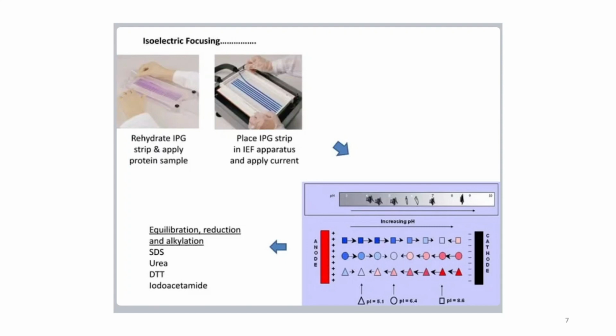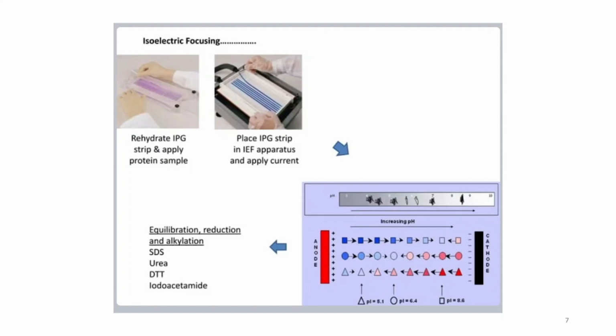So the isoelectric point is basically defined as the pH of the solution at which the net charge of the protein becomes zero. A protein with a positive net charge will migrate towards the cathode, becoming less positively charged until it reaches its pI, and at that point the net charge is zero. And a protein with a negative net charge will migrate towards the anode and become less negatively charged until it